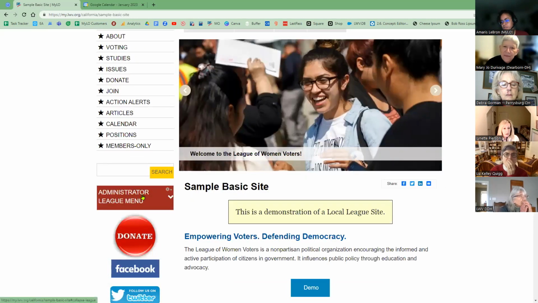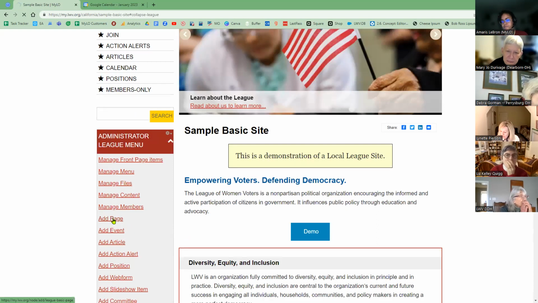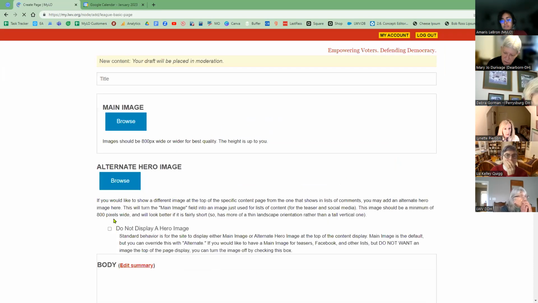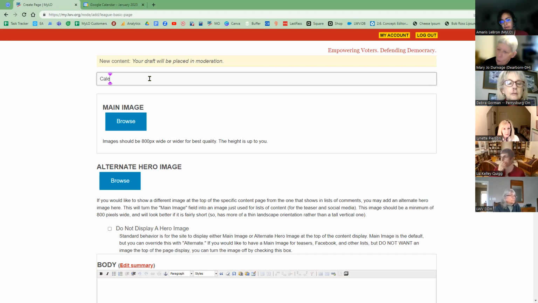So for this case, I am just going to add a new page. You might want to add it to the top of your existing calendar where the header section is. Just depends on how you want to do that. And then one tip here, if you are naming it calendar,